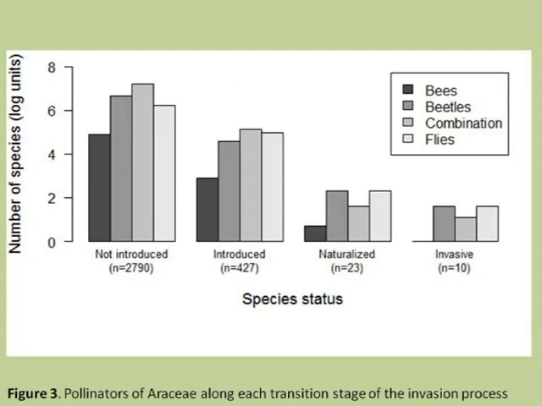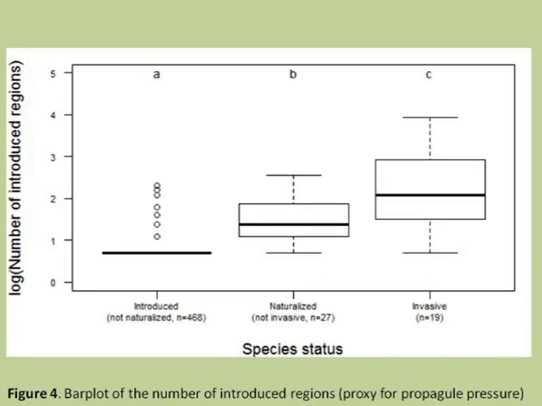The types of pollinators was another important factor in the introduction model, with species that are pollinated by a combination of pollinators such as generalist species being more likely to be introduced. However, there was no significant difference across the different invasion stages. The number of introduced regions